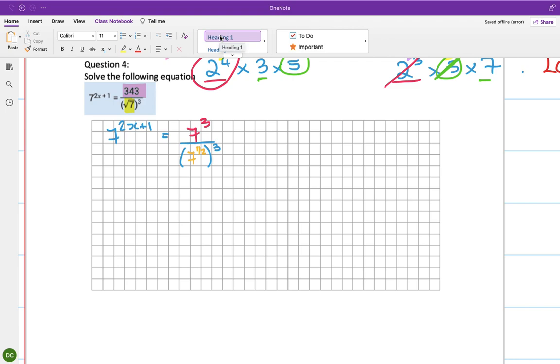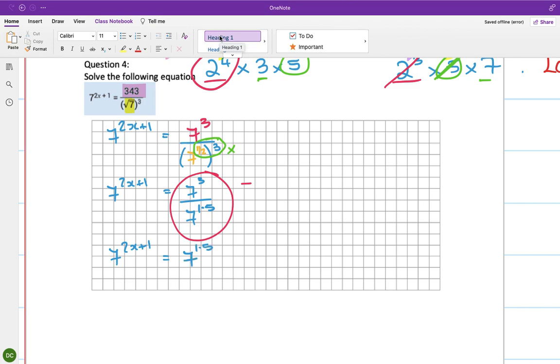Okay. So then here, we have a power inside and a power outside the bracket, so we can multiply them. So 7 to the power of 2x plus 1 equals 7 cubed over 7 to the half. And if you multiply on your calculator a half by 3, you get 1 1/2. This here is a fraction, and a fraction becomes minus. So 7 to the power of 2x plus 1 equals 7 to the power of 3 minus 1.5, and you get